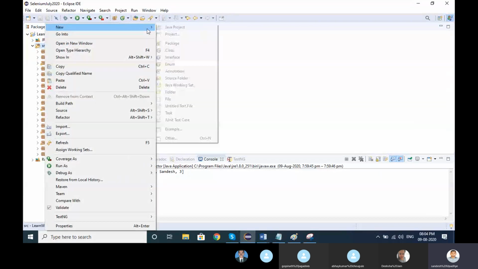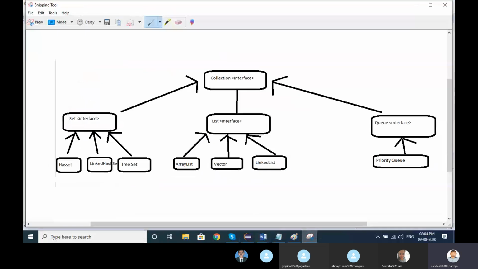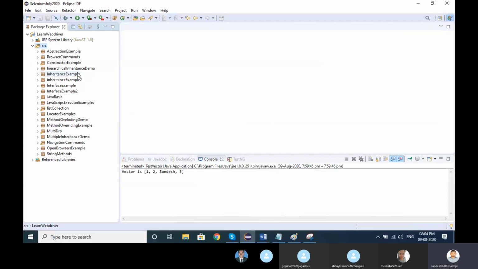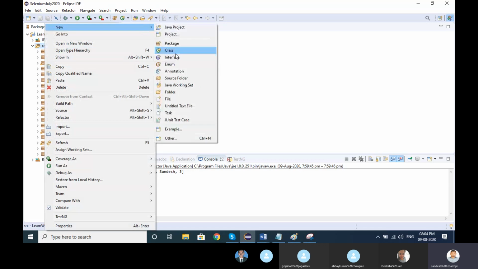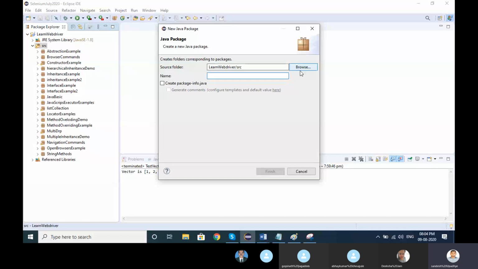Okay, now we'll go with the second part. Let me create one package. We will see the Set interface. Let me create a package as set collection.